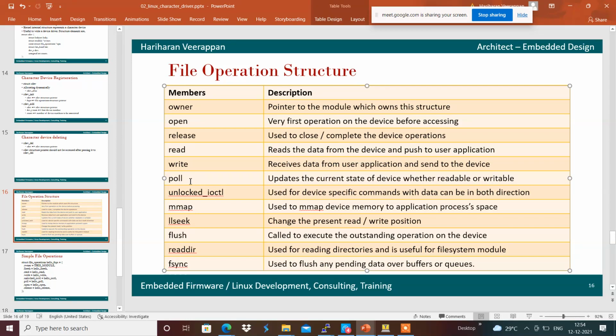And we will have something like unlocked_ioctl which can be used for device specific commands and configuration, that we can do accordingly.